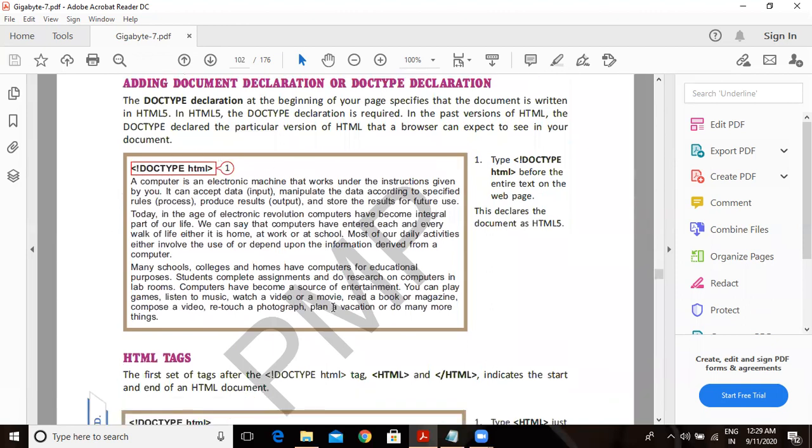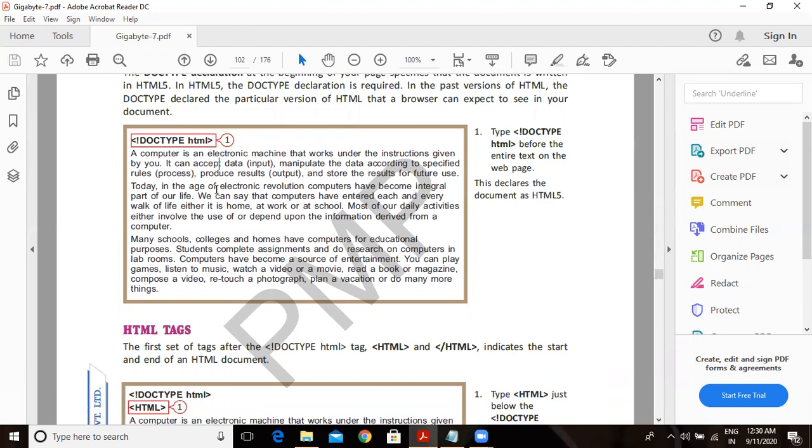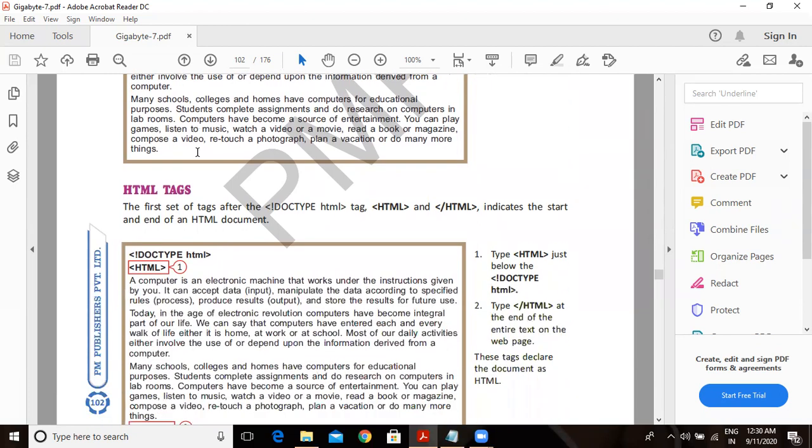The first tag, this is the notepad. In the notepad, when we write doctype HTML, it is preceded with which symbol? Exclamation mark. And it is enclosed in which brackets? What are these brackets known as? Angular brackets. Clear? Doctype represents that we want to use HTML5 in creating our web page. It is just a simple representation that we will be using the HTML5 tags. So the first line is doctype.